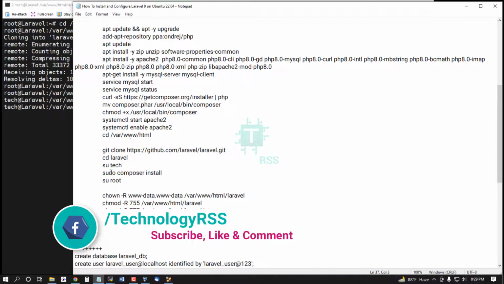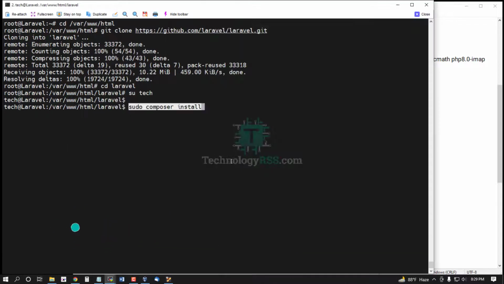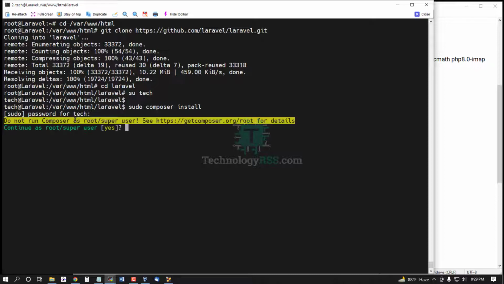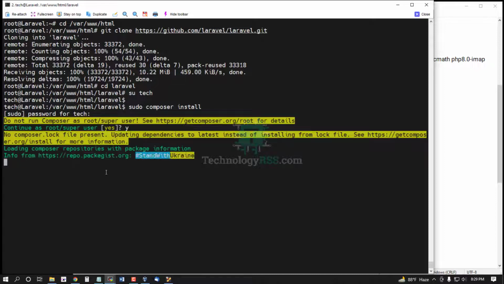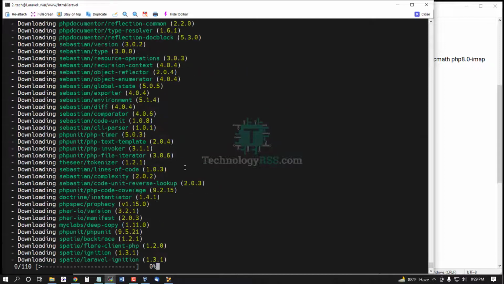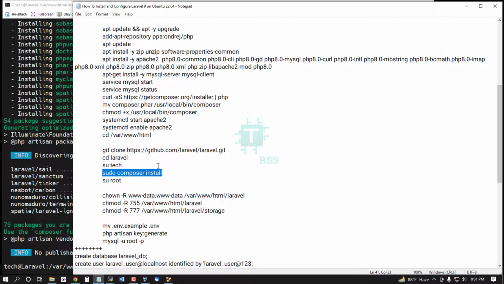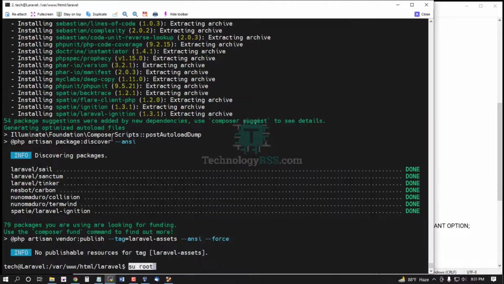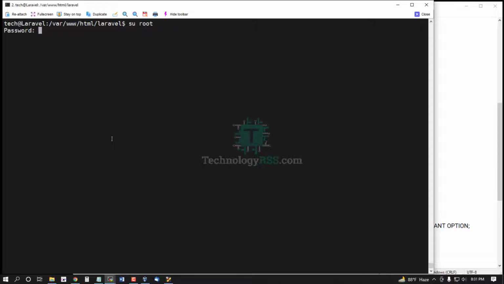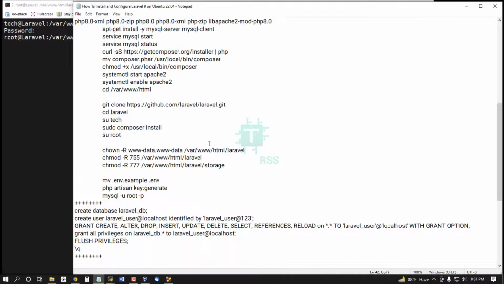show my standard user for installing composer. Must use a standard user, not the root user. Type your standard user password and press Y to continue as a standard user. It will take up to 5 to 10 minutes for the download and installation process to be done. Installation done. Now again going to my root user, type your root user password